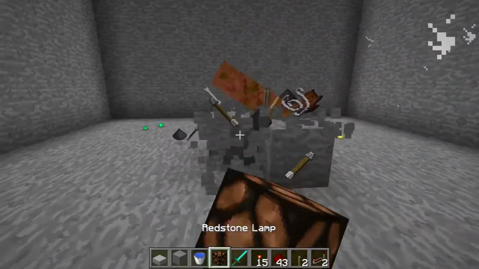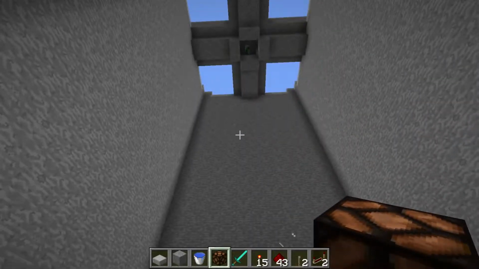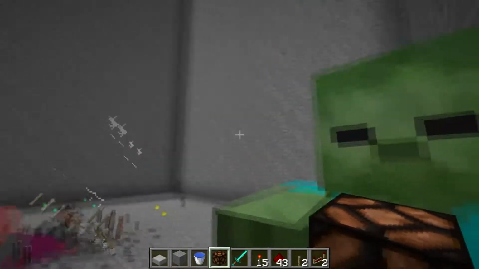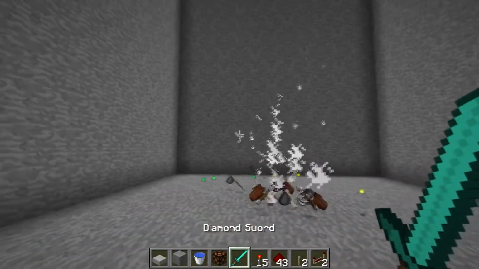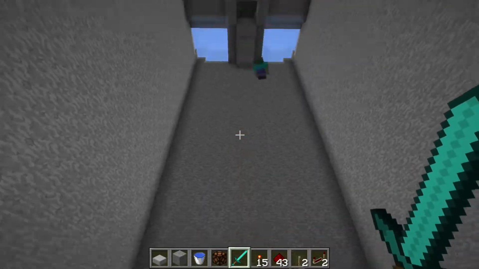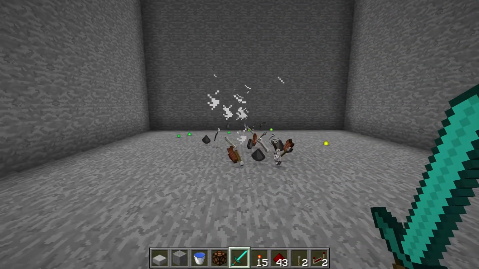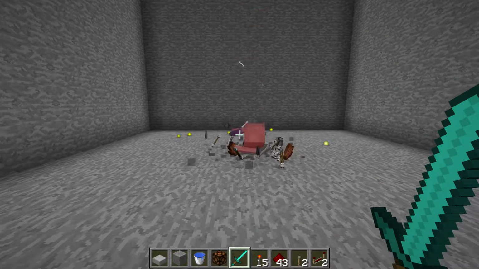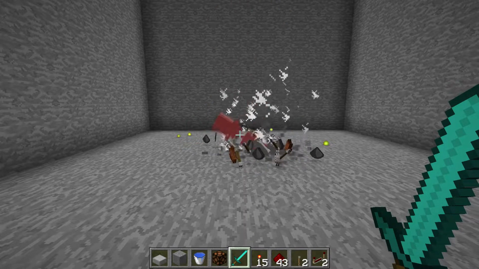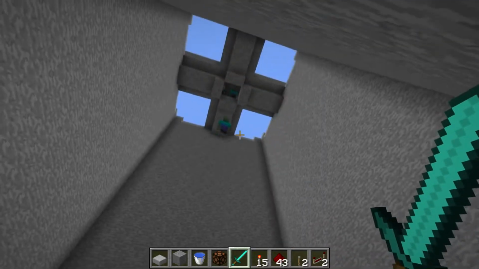What if we remove this? Now they should all die. Every single one of them. I might move it up, because the only thing I'm really concerned about is their drops. I don't think I'll make this into an XP farm. But I don't know. I might...